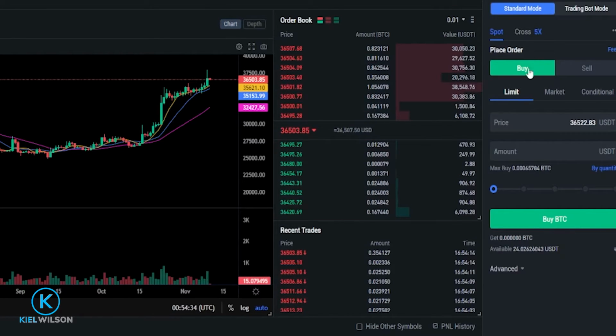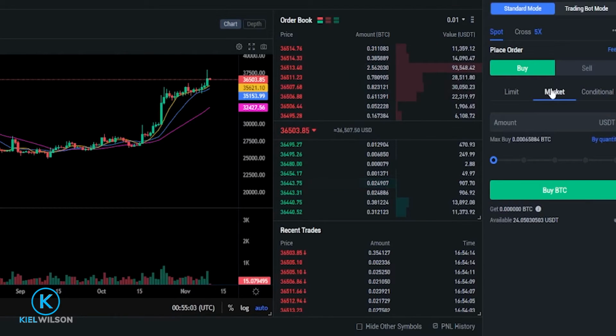So now that I've chosen to be a buyer, I need to come down here and click on market. Next, I need to choose how much I wish to spend on the asset. And you'll be able to see your available balance right here, so you'll know exactly what you're working with. So you can type a custom amount into this box here. I could do 10 tether. And alternatively, you can use this slider bar down below. So if I was to slide this up to 50% like so, this would spend 50% of my available balance on this asset. If I was to slide this up to 100%, that would spend 100% of my available balance